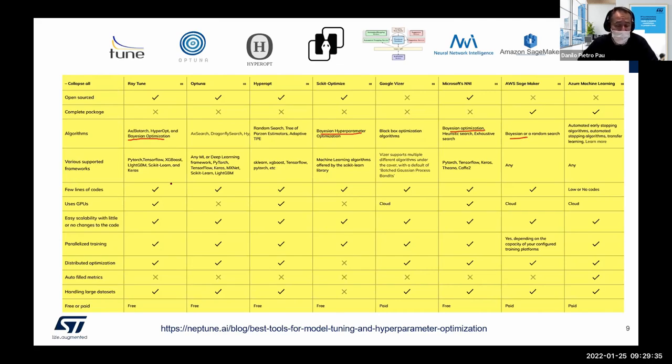Now, another thing that we need to pay attention to are the supported frameworks. And certainly you recognize PyTorch, TensorFlow, Keras, Scikit-learn. And this is repeated. Some of those are no longer current, like Theano or Caffe2. These were tools in vogue a few years ago, but now are not of large diffusion in the AI community.